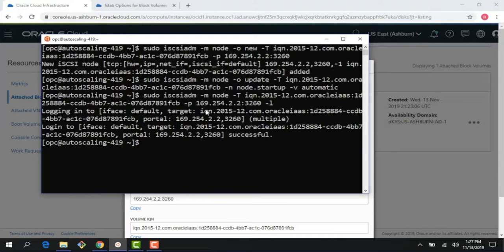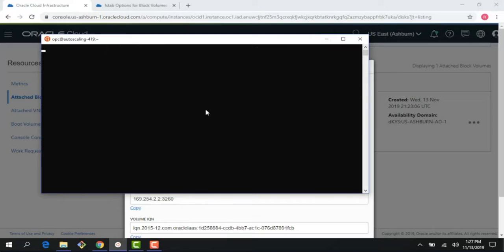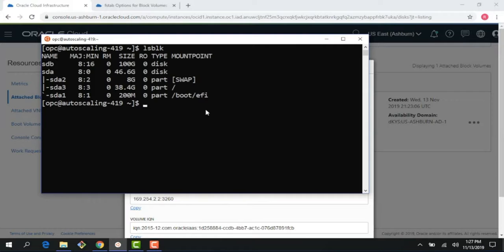So I run these, and you see all of these. The acknowledgement is that it's successful. So now if I do a list of block devices, I can see that this 100 gig block volume we just attached appears here, right? So what happened to the consistent device path we just talked about? So to look at that, we could do a listing